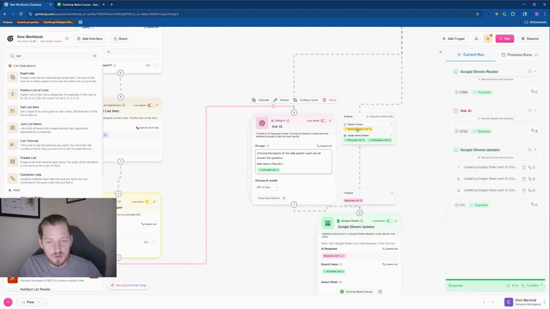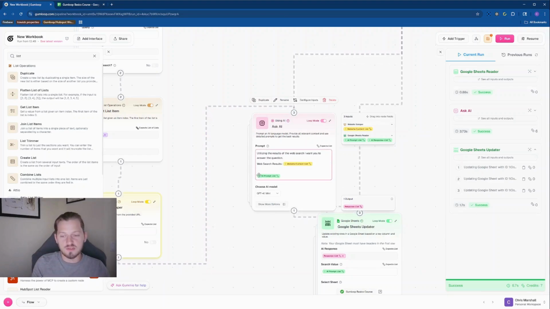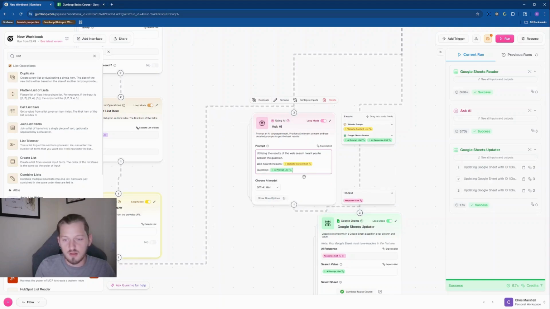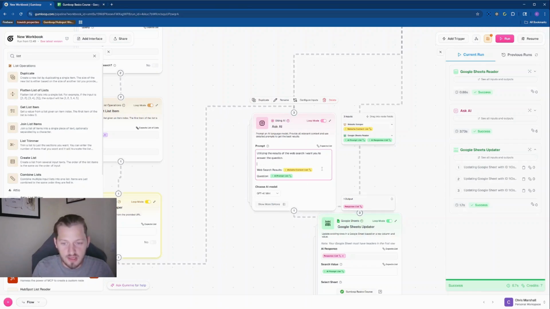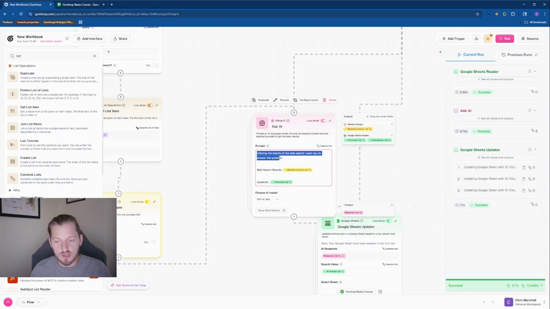And then this here would be the website content. And then I would say question. And then I'd make certain that the prompt list is there. And so it has the context as well as the data that it needs to fulfill this